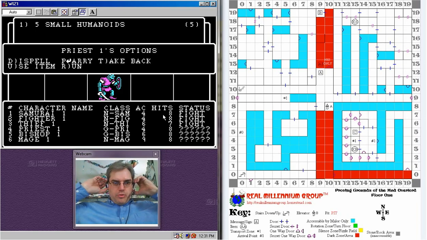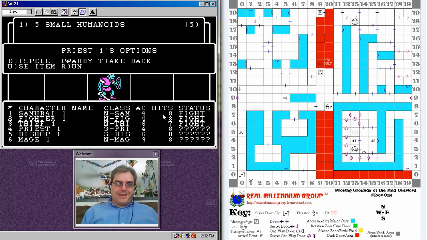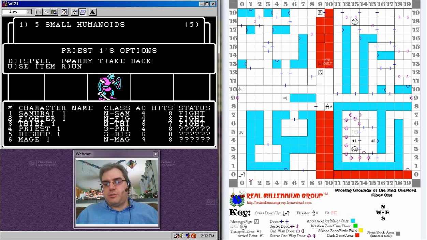Of course, if you surprise the monsters, priests cannot cast spells for some reason. Just, I guess, mechanics, balance-wise. But what they can do is dispel. And dispel is not a spell you actually learn. It's not part of your spell things. It's a bonus that priests and bishops can do, and it's basically they can dispel undead creatures, ghosts, skeletons, zombies, anything that's sort of considered an undead creature they can attempt to dispel, which makes it vanish. You get no experience or gold from those creatures, but it does eliminate them from combat.